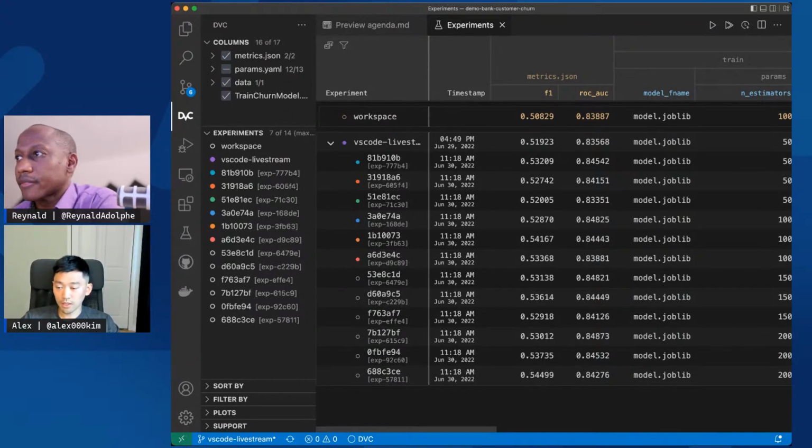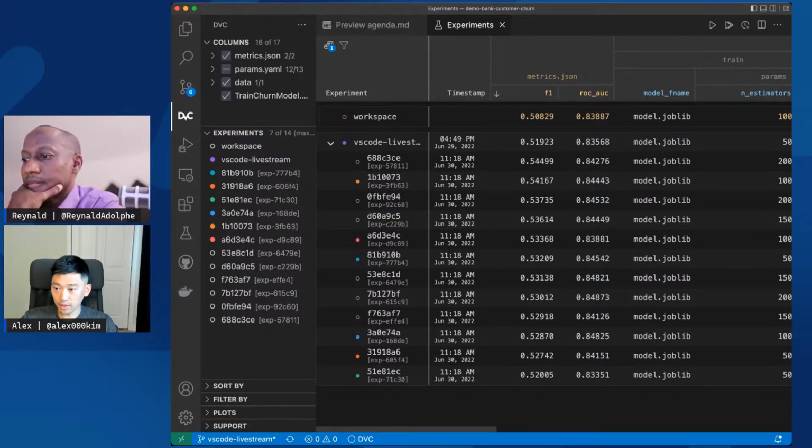Right. So what happened was now the extension executed all of the experiments that I put in the queue, and we can see some of them got better results than others. It's not immediately clear which one's the best. So in the table, we have an ability to sort columns by value in ascending or descending order. So now we see that we've got this experiment that seems to have the best performance. We've got 54.5% F1 score compared to 52% what we had before. This is more or less a significant improvement.